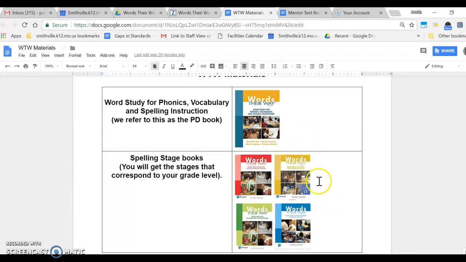So again, you'll get the PD book and then whichever ones of these you need. This does look a little bit different than the materials we got for the pilot. And I'm going to be totally transparent with this, guys. To get everything that we could have utilized in the pilot, like the digital component, the student books, the purple teacher's guide,